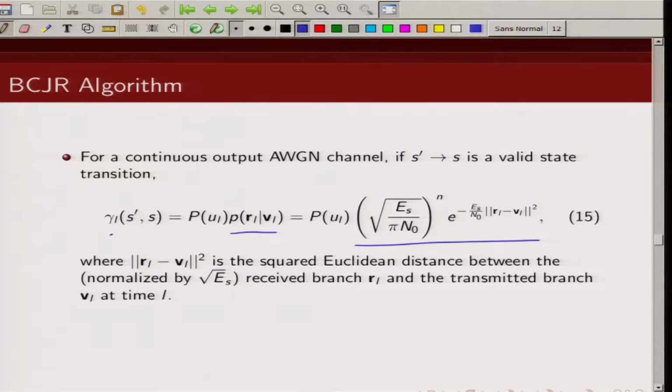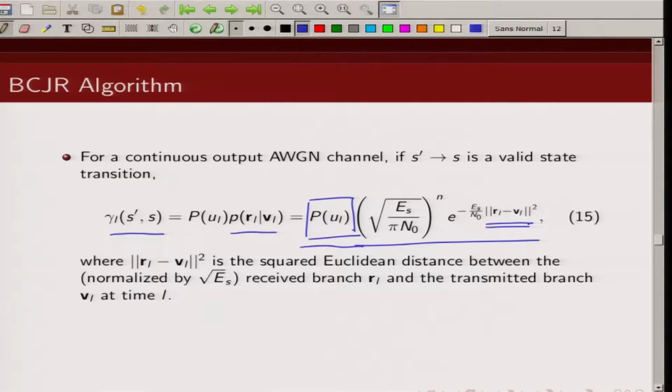So, gamma for an AWGN channel will then be given by this expression. Note this depends on the a priori probability of U L, and it depends on the Euclidean distance between R L